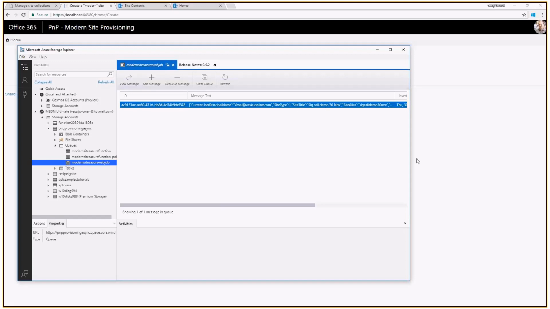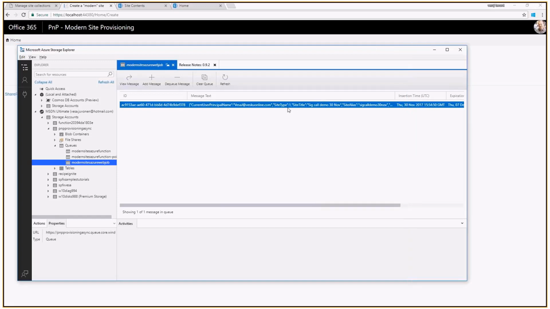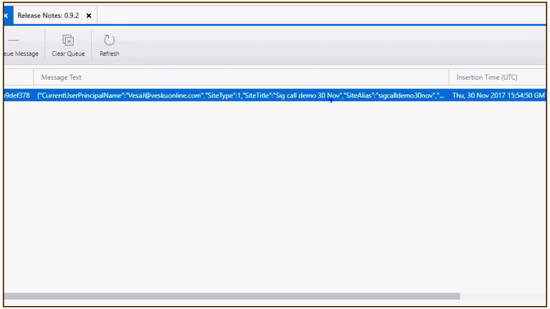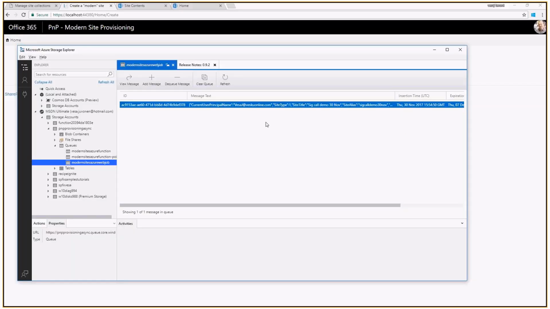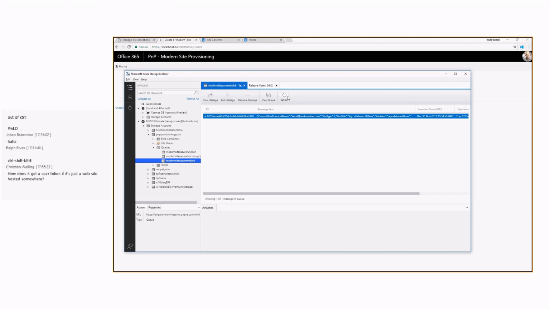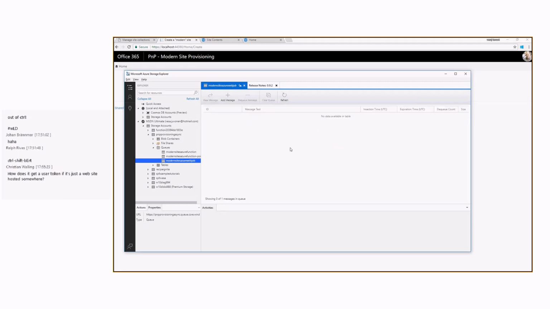So it is in the storage queue waiting to get processed. We can see that it's saying SIG demo 13th North, that was the alias that I provided to it. Because we have the Azure Web Job waiting in our Azure site, configured to follow this message queue, that would mean that if everything is getting executed properly, the message is now processed from the queue. And why is that? Well, our Azure Web Job got executed automatically. So if I jump now to the Azure side,